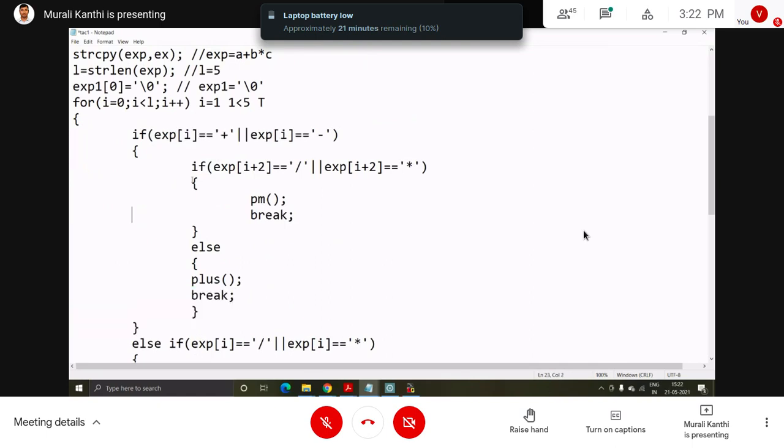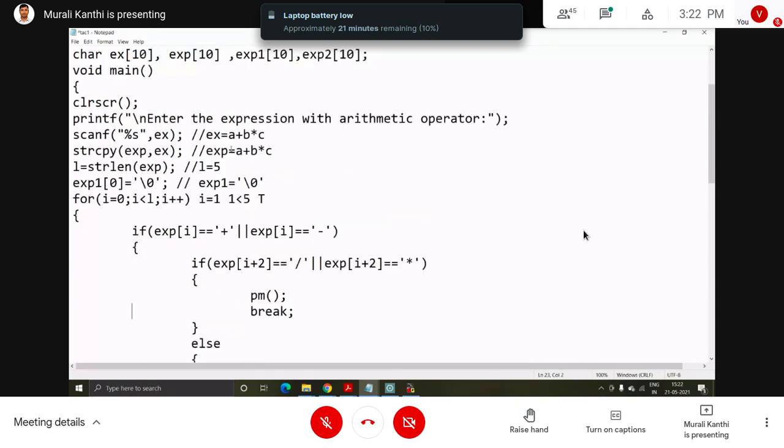In the if block, what is here? exp[i+2], so i equals 1, now 1 plus 2 is 3, exp[3]. Which one is in the third position? 0 position, first, second, third, 0 1 2 3, so the third position is star.